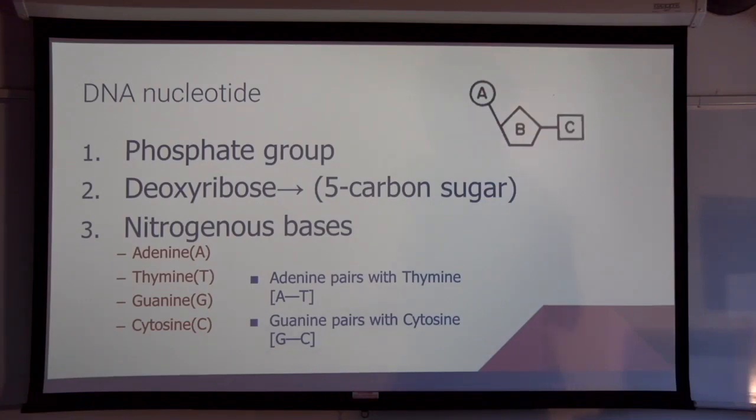One of them is glucose, right? One of them will represent the sugar inside. So you'll have the sugar. This is the 5-carbon sugar. And for DNA, that 5-carbon sugar represents deoxyribose. Attached to it will be the phosphate group, and attached on the other side, represented by C, are the